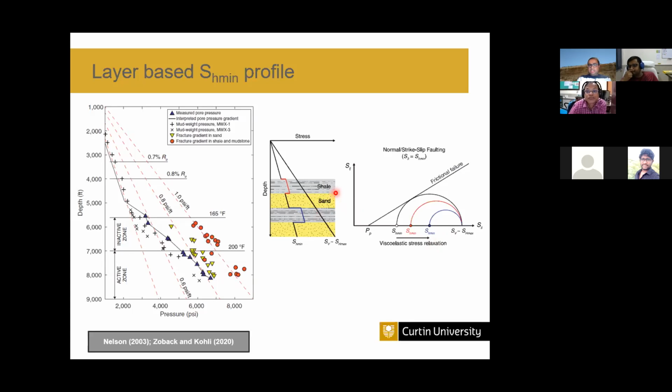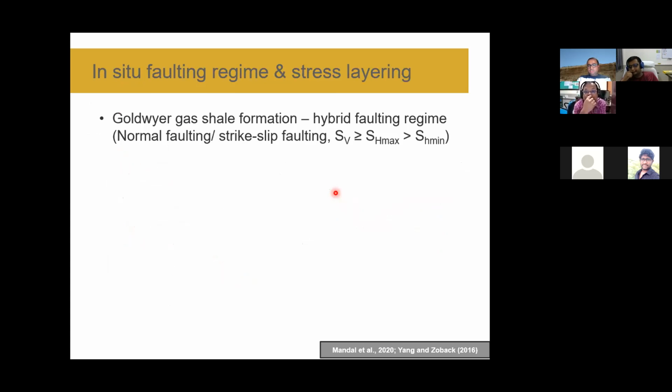So taking that concept further, we are going to demonstrate this viscoelastic concept. It's also important that this viscoelastic concept, or creep deformation behavior, which considers this time factor, lets us model the long-term impact, like the production decline curve, explaining why it is happening. We can model that scenario and see why it happens in reality if we take that component into account. The example I'm going to show is one of the prospective gas shale formations.